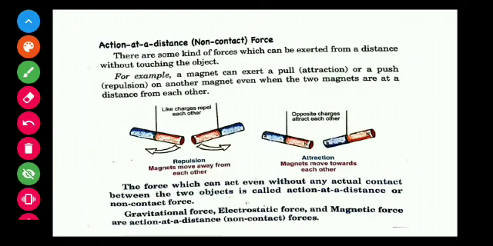Another example of non-contact forces is electrostatic force. Electrostatic force is the force between two charged particles. Between two same charges there is a force of repulsion, and between